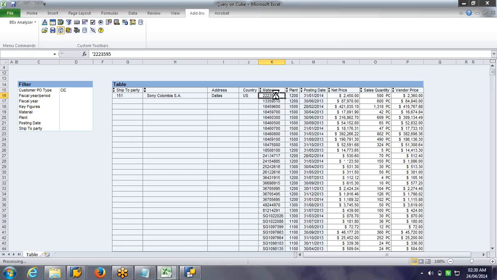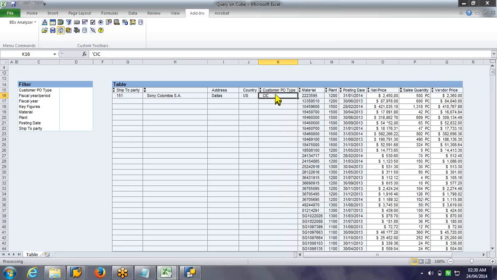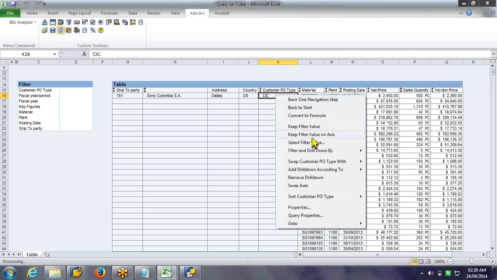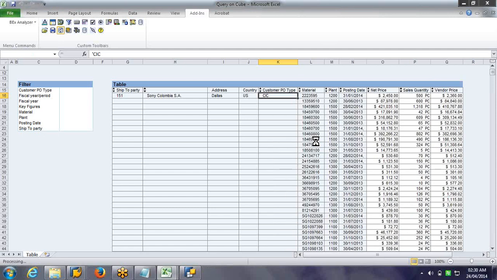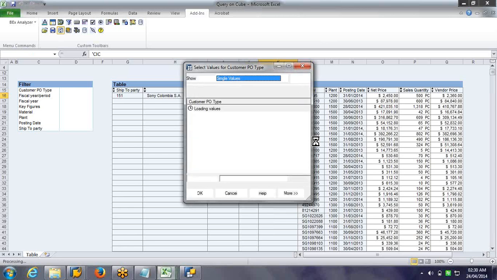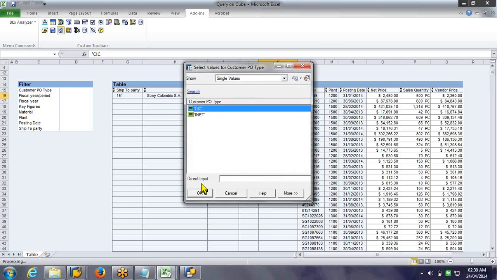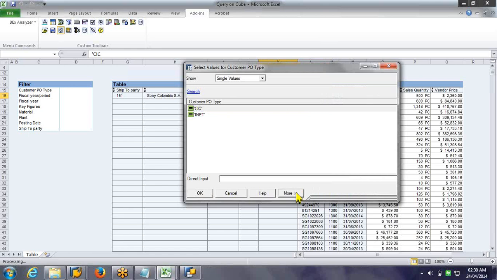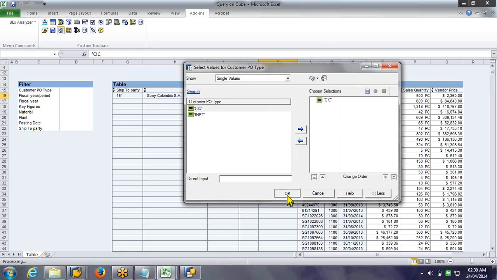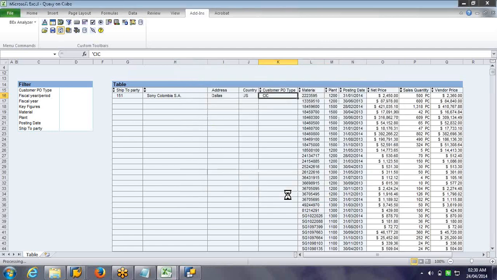Now you put the filter in a better way. So right click, select filter value. Out of the available values for this purchase order type, I am putting the filter only for this one. You can click on more also. So if I select this, it's going.